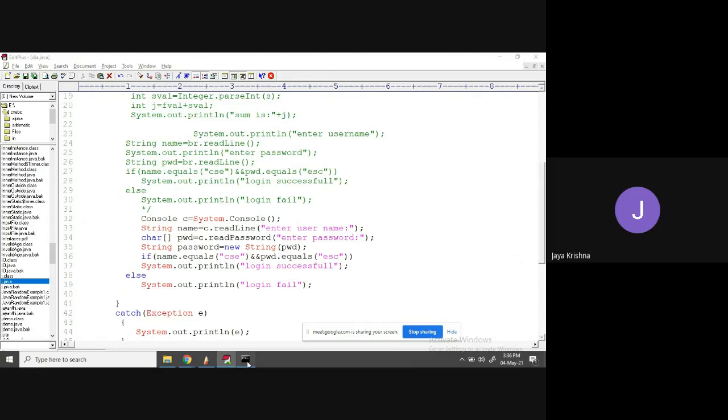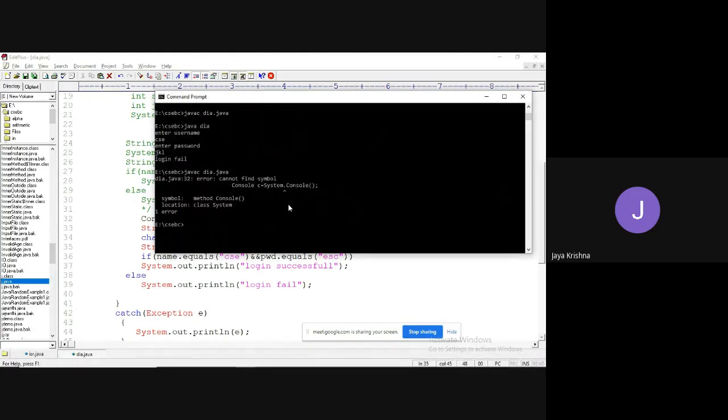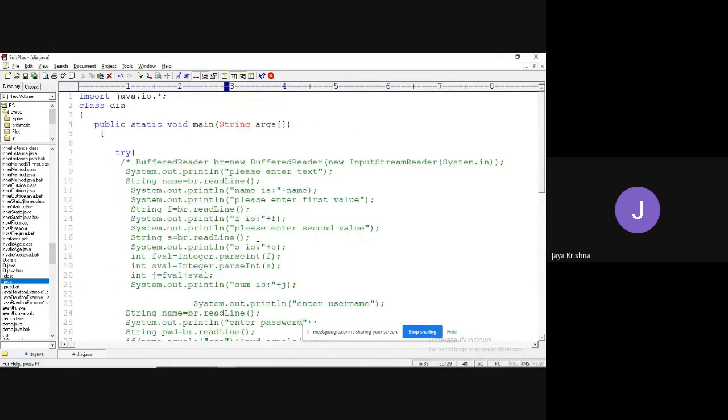If I try to execute, what happened? Cannot find symbol console.